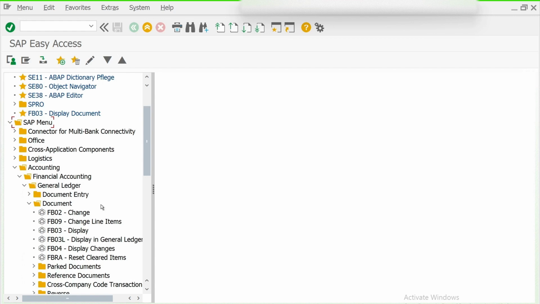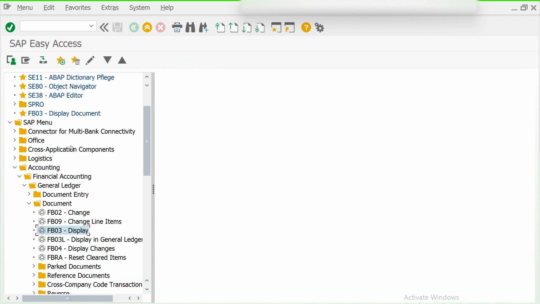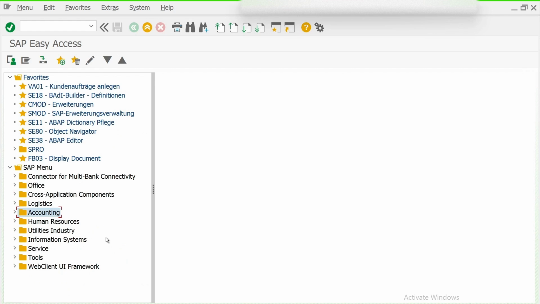So the transactions which end with 01 are mostly used to create, 02 to change, and 03 to display. If you click here, this will land you on the screen to check any particular document. So this is the SAP menu which is used mostly by the end user, and also by the consultant to check.